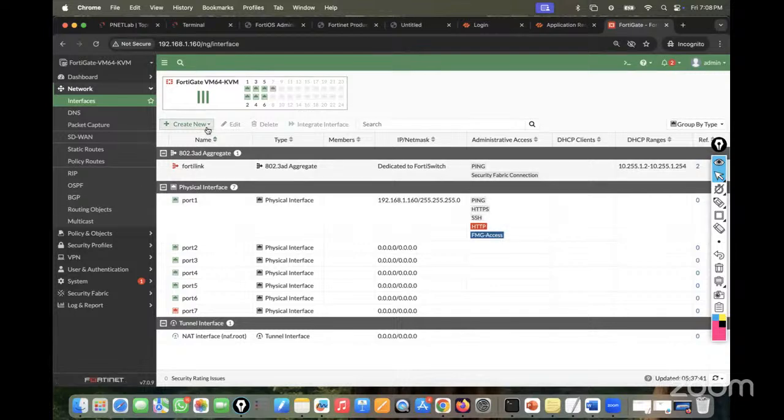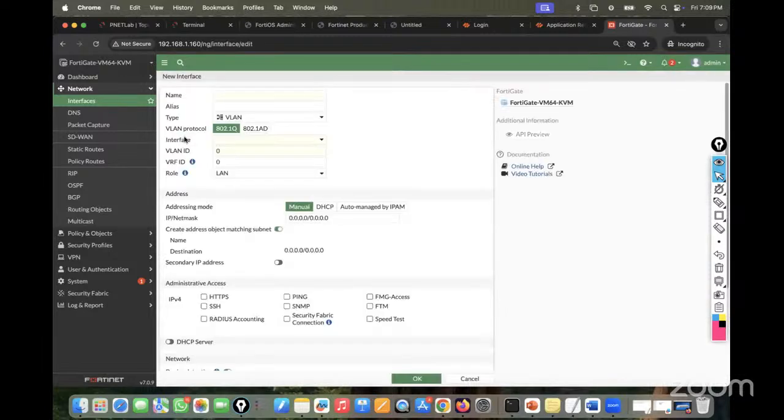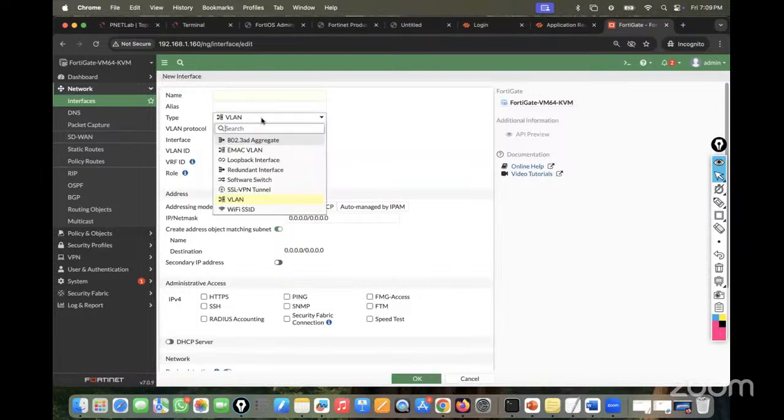So if I go here, you can see Create New. We have the interface, we have the zone, and we have the virtual wire. We'll discuss what the zone is at a later stage, and we'll discuss what the virtual wire is at a later stage. But for now, if I am creating the interface and I go to the type of the interface, you can see by default it's showing the VLAN interface. But if you go in the drop down, like protocol and all, you are going to see we have the option for the